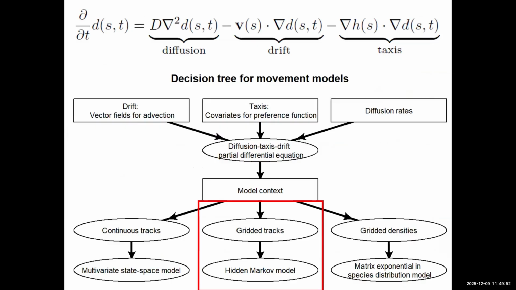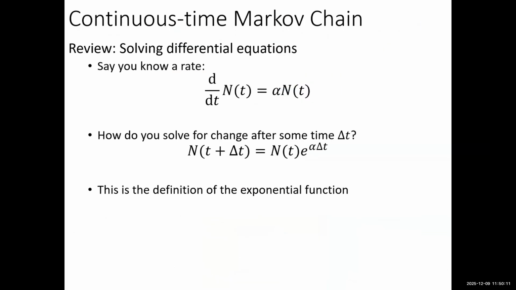And so instead, a different way to do this is by gridding space and using this high resolution, discrete space. You could call it a finite volume model, and you can solve it as a hidden Markov model. So again, kind of going back to concepts to try to bring people along with the intuition. If you've got